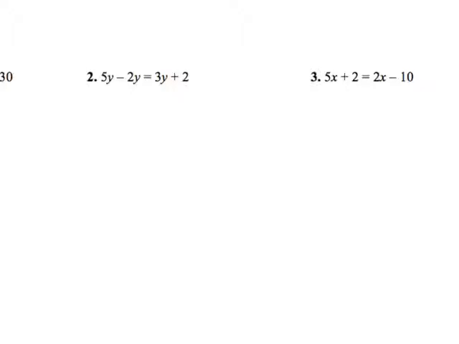Looking at problem number 3, I'm going to move the 2 over there, and I'm going to move the other 2 over there. So in order to do that, I'll subtract 2x from both sides, and I line them up under the x's, and then I'm going to subtract 2 from both sides, and again I line those numbers up together, and 5 minus 2 is 3x's,